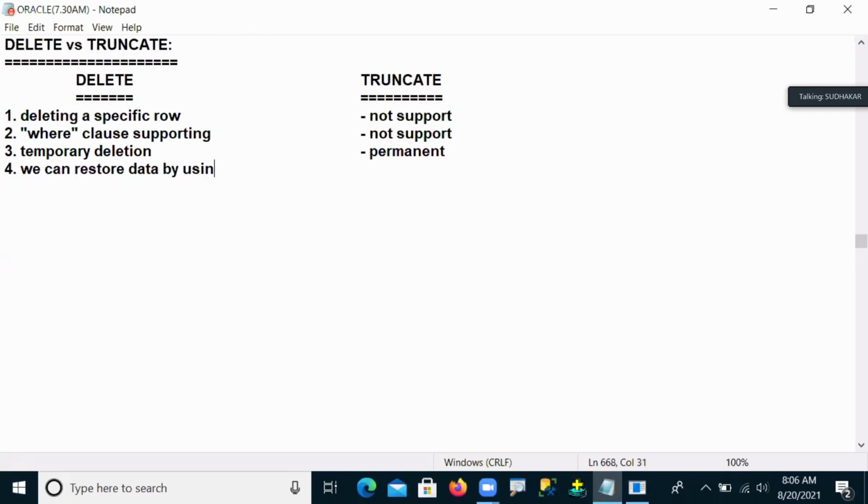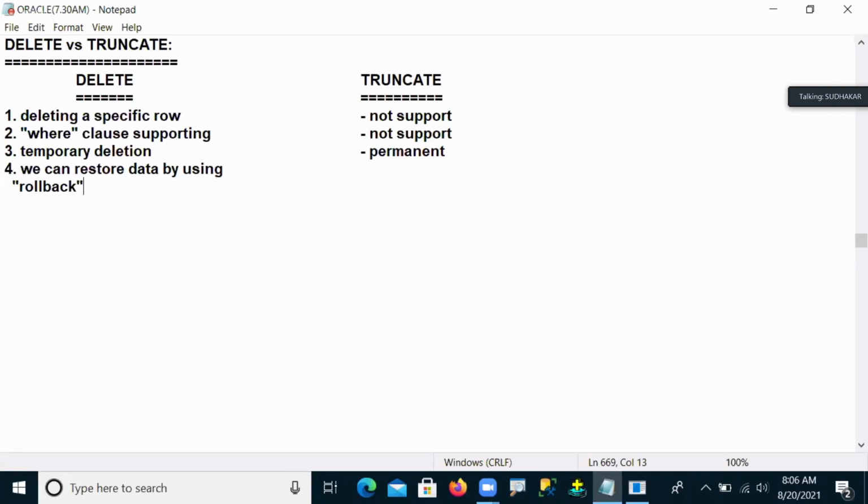By using one of the TCL language commands, which we will discuss in future, we can restore it. The command is called rollback. Previously we used flashback. The purpose of flashback is table restoring.